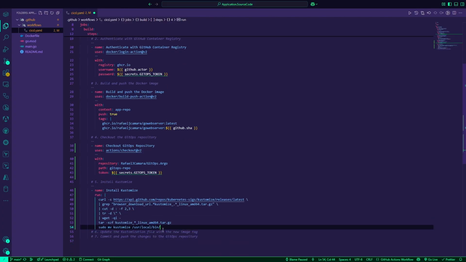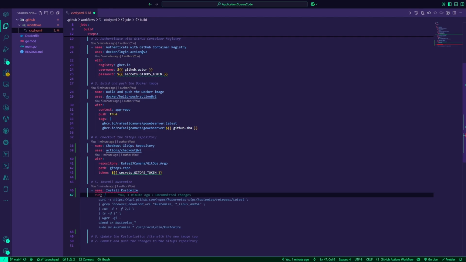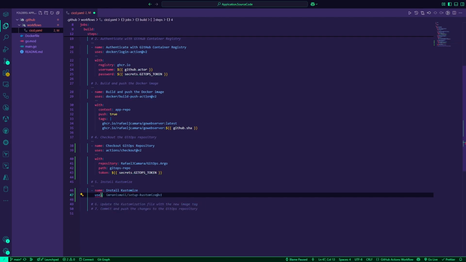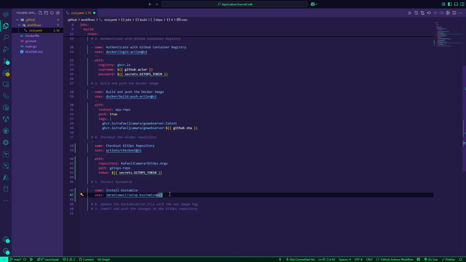Customize. I don't want this nasty thing here. And for this, we will actually use an already existing action that allows us to do so, which is this one. I don't know how to pronounce this, but you get the point. This is the action that allows you to set up